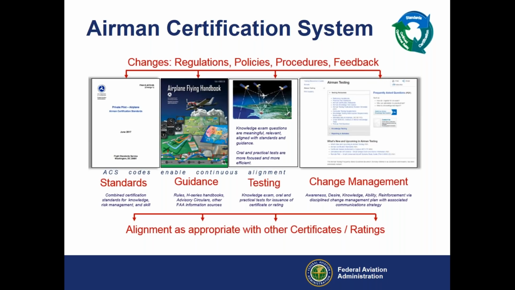On the left side of the slide is the Airman Testing Branch's webpage. This is where all changes that are made in testing are posted. This is also the place where you, the user of the ACSs, can contact the testing branch. We encourage you to email us through our webpage with your questions, comments, complaints, and yes, even your accolades. We, the testing branch, will answer your emails.